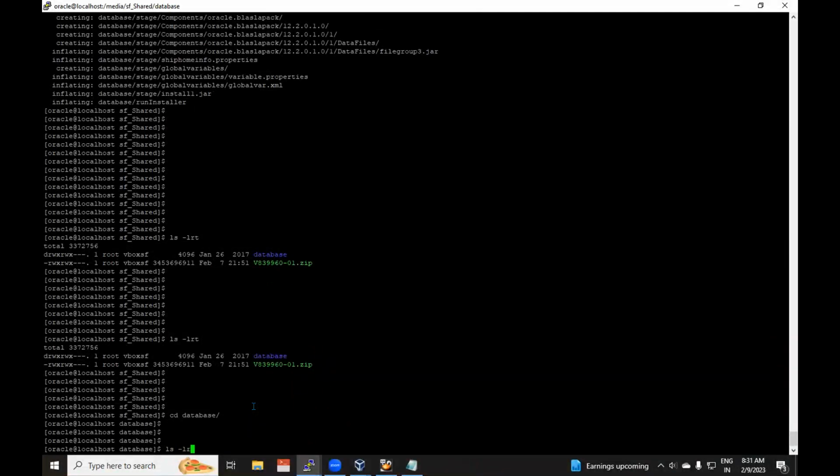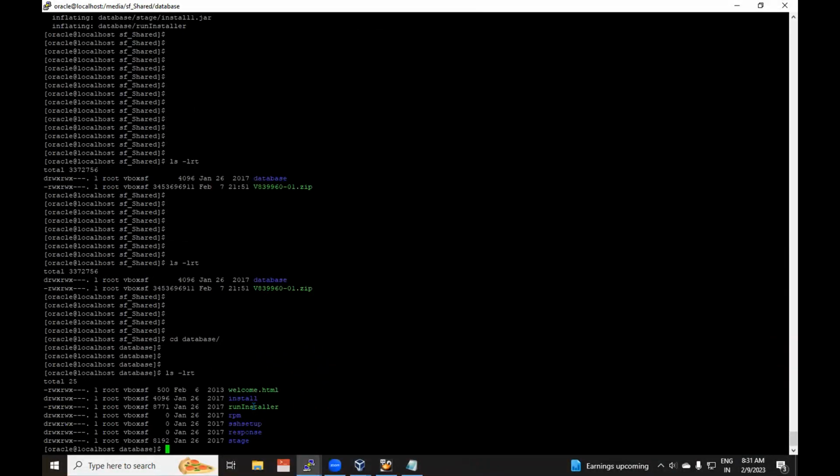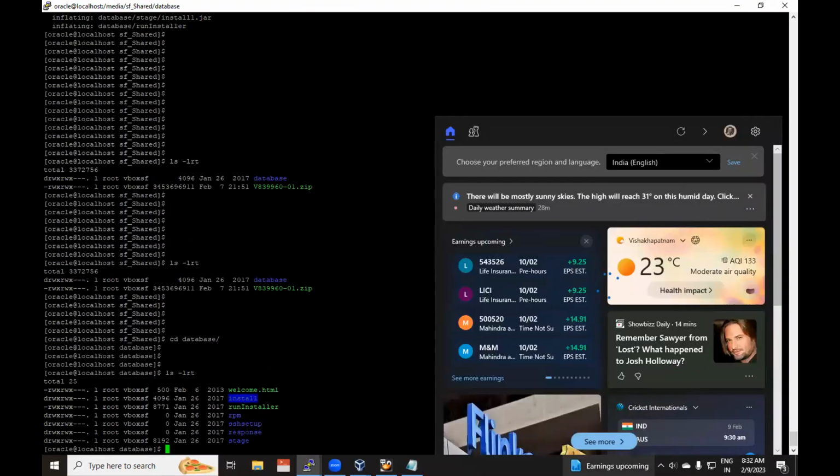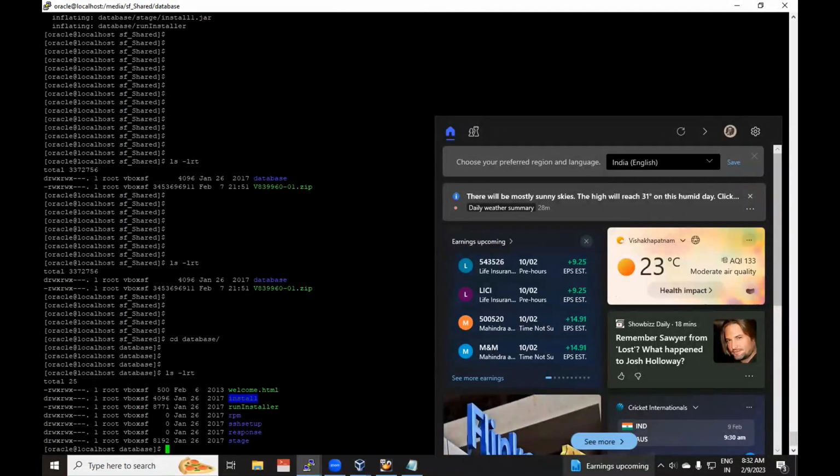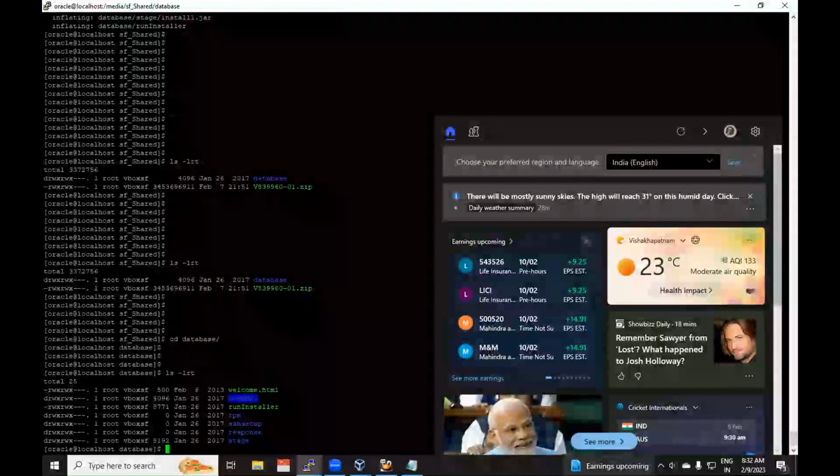Here, if I give ls -lrt to see the list of all things, we have runInstaller here, right? So we can go with the installer. So once everything is done, is xhost started there?